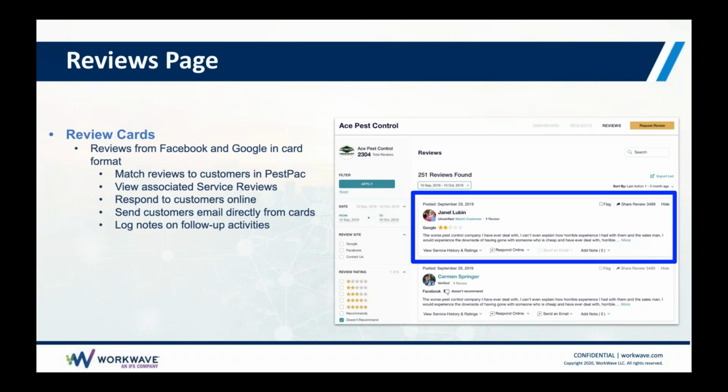First and foremost, you're going to be able to match review customers to customers inside of PestPack. There's going to be a location search. You just search by their name or their email, and then you can say, all right, who is this person? Are they actually a customer? You'll even be able to tell from there whether it was verified or unverified. If it's verified, that means it's a real customer. This helps you and your staff figure out, is someone just leaving me negative reviews for some reason, or